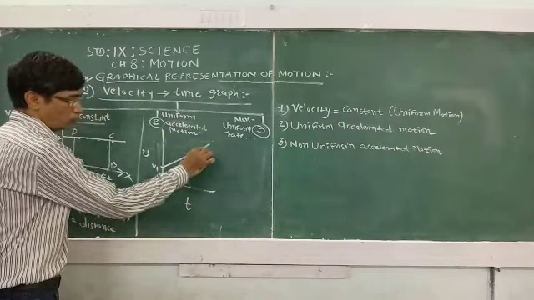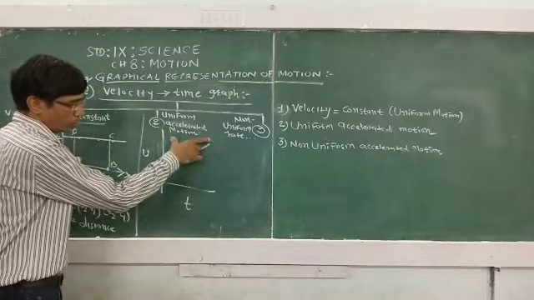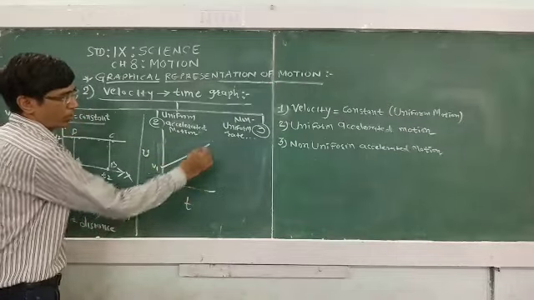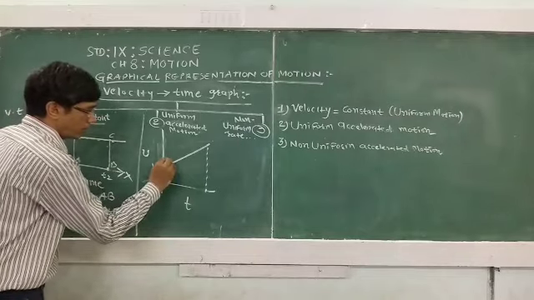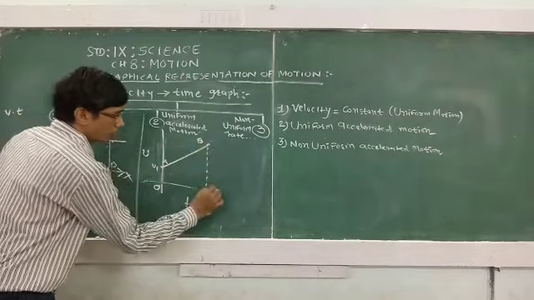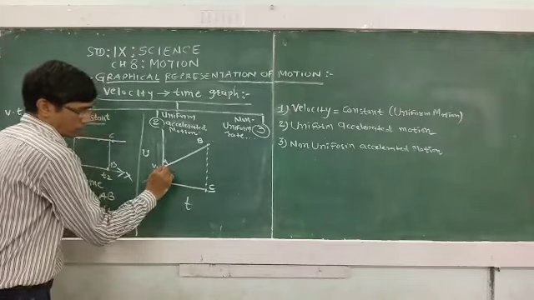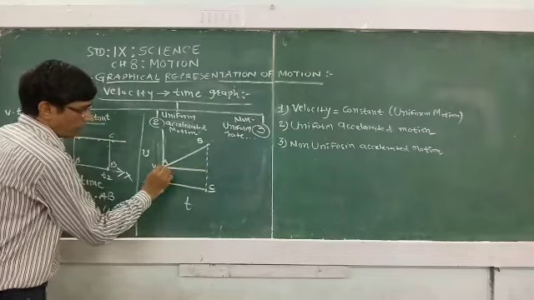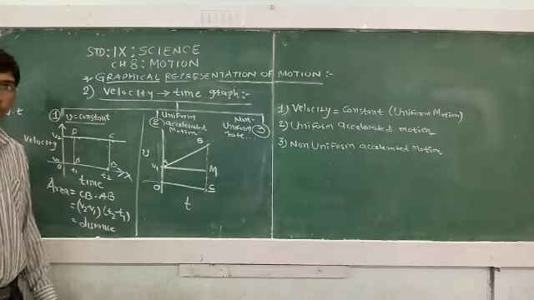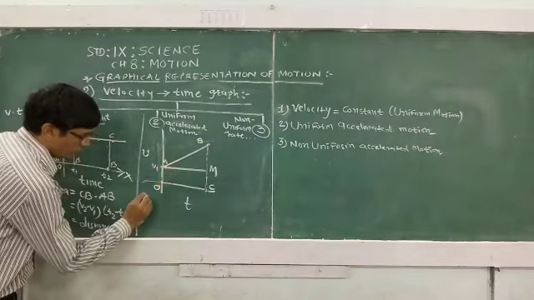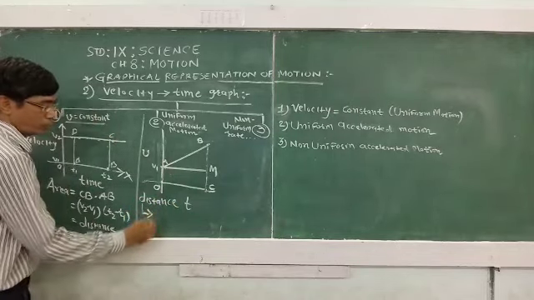Here also, if you want to find out the distance, then here we have to take the area of the v versus time graph. So here let us take this is the A point, here is the B point, C, and this is the O point. We can join the A point to the M point. AM is perpendicular to the BC. So here we get the distance. The distance is obtained by using the area.